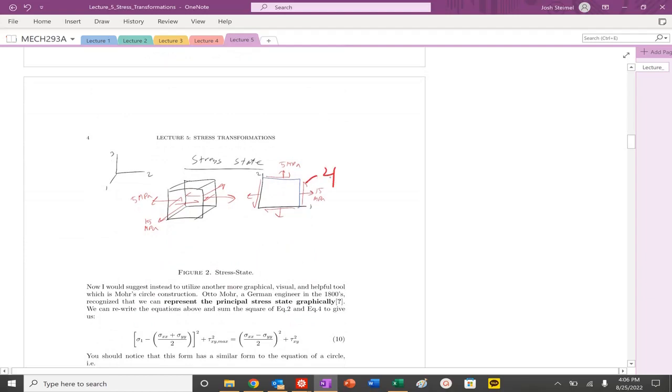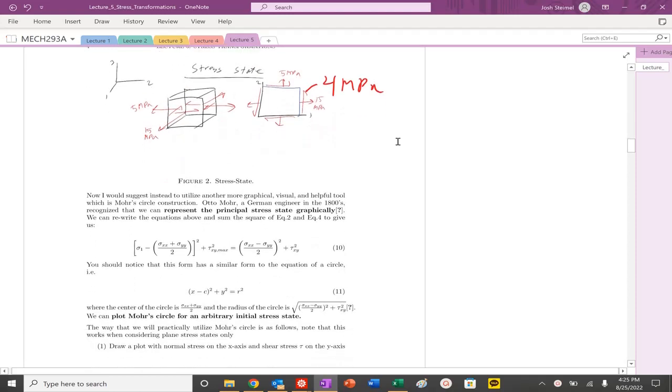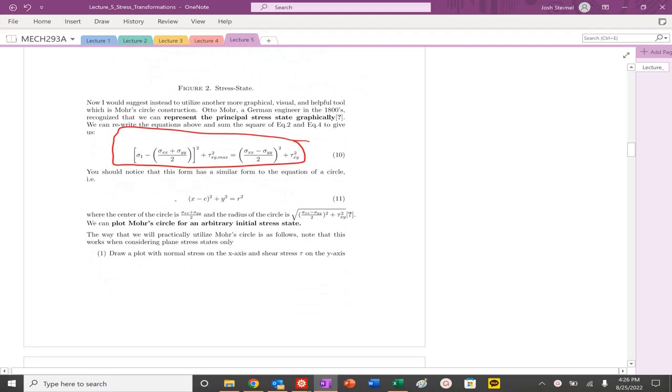You can see here's our 4 megapascals right here. Now, the Mohr circle equation was actually derived from that old equation that we saw previously. Otto Mohr, a German engineer in the 1800s, saw that you could rearrange the expressions for principal stress, and the stress state in an original coordinate system, and represent it in a functional form that should look familiar as a circle. So you can see here's the center of the circle, here is the radius of the circle,